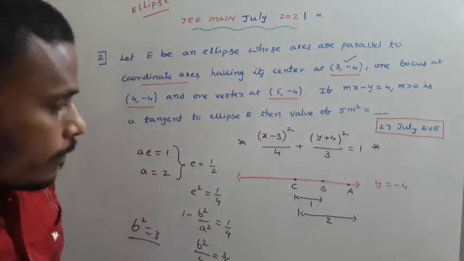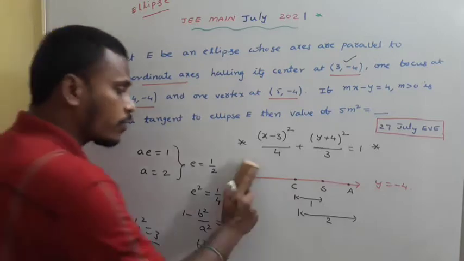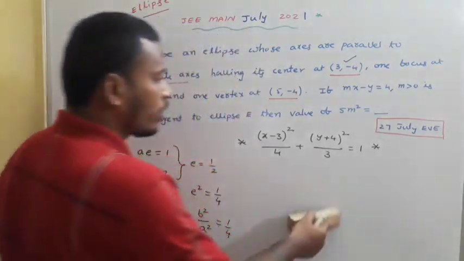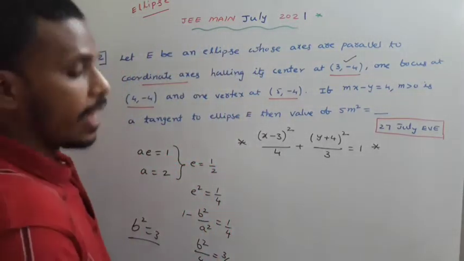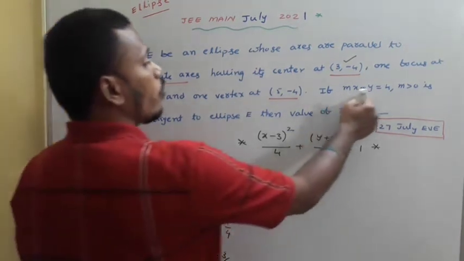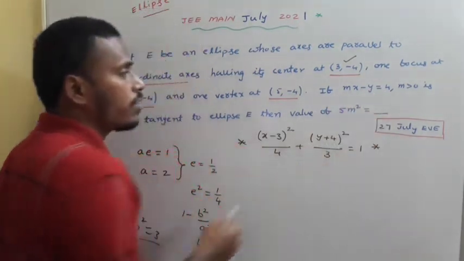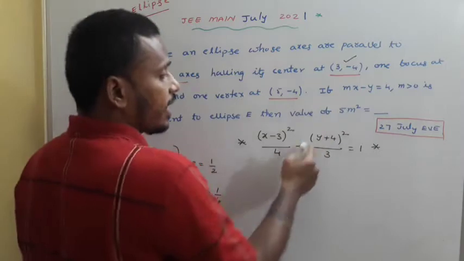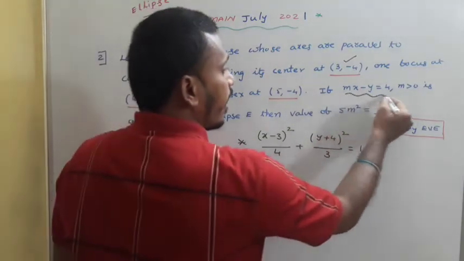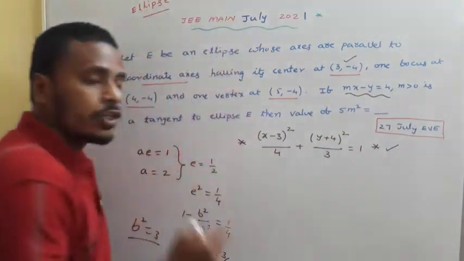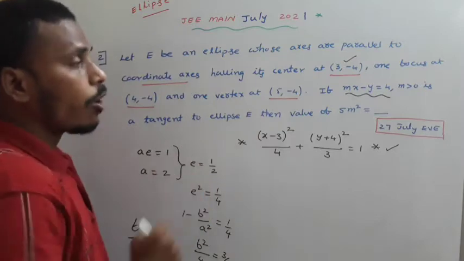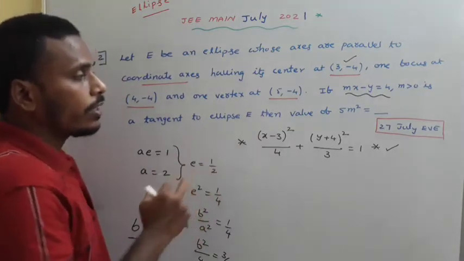Okay, just have a look. I am erasing this for space. Now, since this is the ellipse, the given line mx - y + 4 = 4 is a tangent to this ellipse. Since it is a tangent to the ellipse, for sure there must be one common point. So try to calculate the intersection.